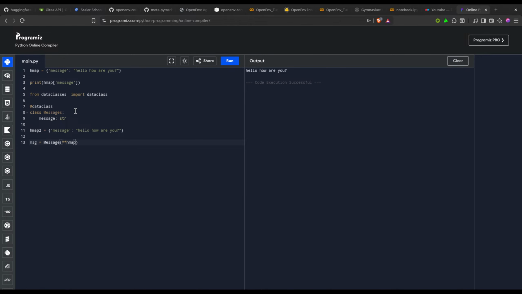So now what you are able to do, which you were not able to do before, is you can directly type it as messages.message to access it. At first it looks simple, but it is not.